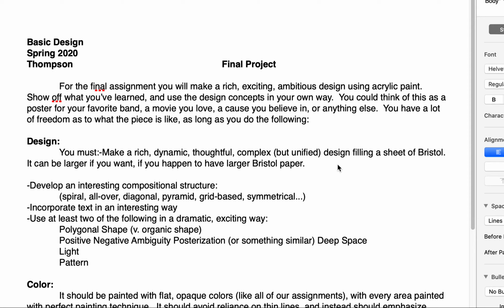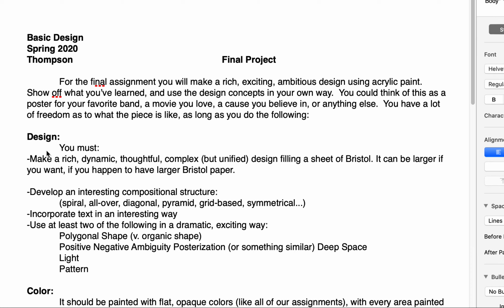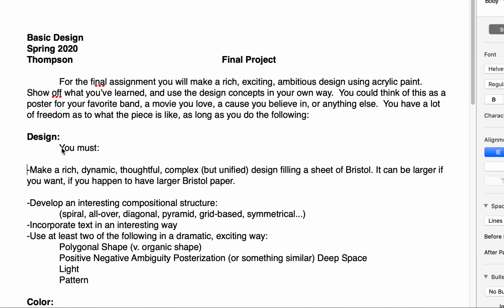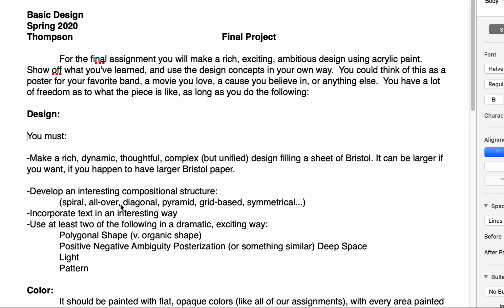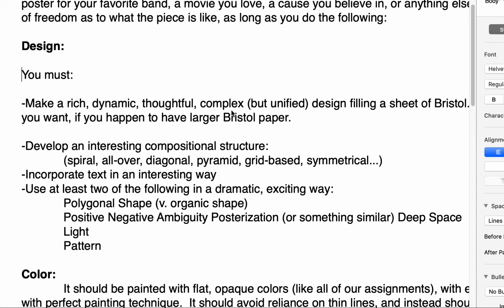For the final assignment, you'll make a rich, exciting, ambitious design using acrylic paint. Show off what you've learned and use the design concepts in your own way. It could be a poster for your favorite band, a movie you love, a cause you believe in, or anything else. You have a lot of freedom as to what the piece is like as long as you do the following. So you must make a rich, dynamic design,